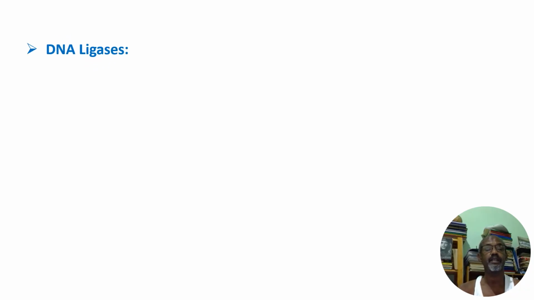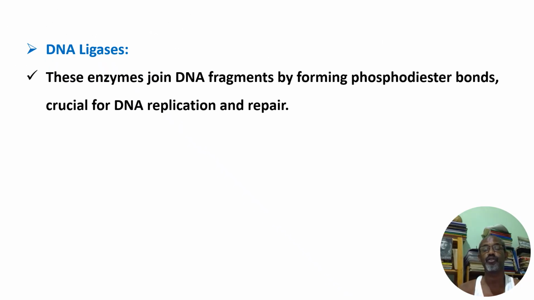And the third, I think the fourth group, is DNA ligases. These are enzymes that join DNA fragments by forming phosphodiester bonds, crucial for DNA replication and repair. Of course, these are very important to bring about DNA repair. They are the DNA repair workers. Whenever there is damage in the DNA, broken phosphodiester bonds, they can seal that bond by using energy, ATP. They build phosphodiester bonds, and that's also very important for the replication process to join broken fragments of newly synthesized fragments